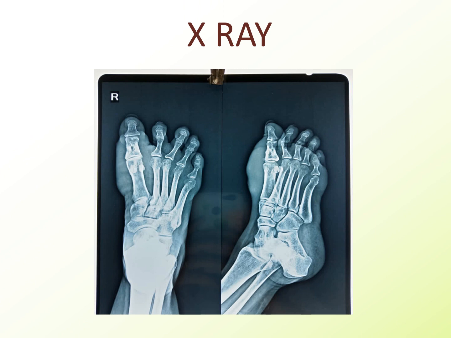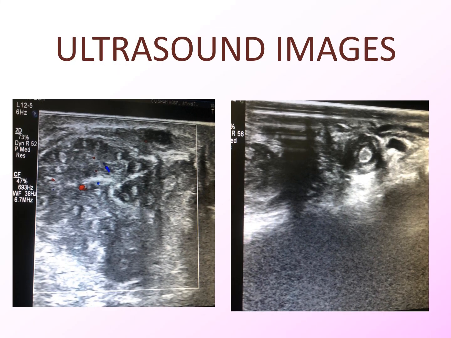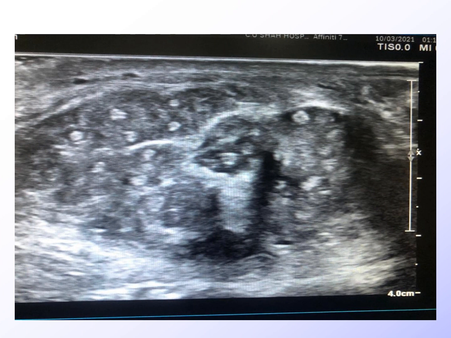On X-ray ankle lateral, it shows sclerosis of first phalanx with small area of lucency, which is suggestive of changes of osteomyelitis. It also shows soft tissue swelling and multiple soft tissue nodularity. Ultrasound images show multiple conglomerated hypoechoic nodules with central hyperechoic area noted over anterolateral aspect of right foot. On color Doppler, it shows mild peripheral vascularity. These multiple conglomerated hypoechoic nodules with central hyperechoic area give the characteristic dot in circle sign appearance.